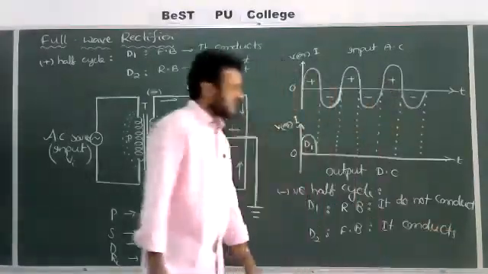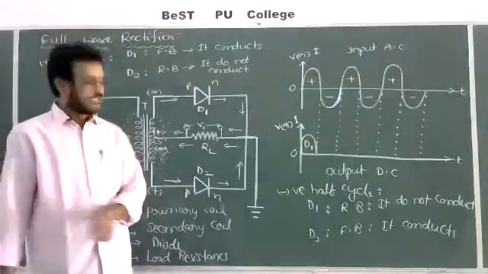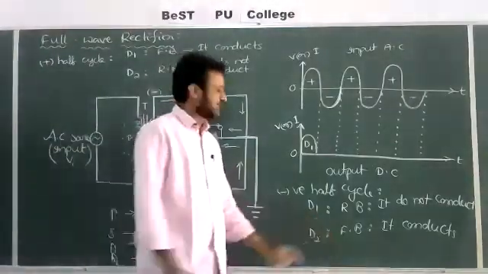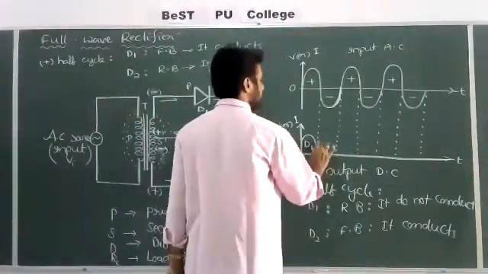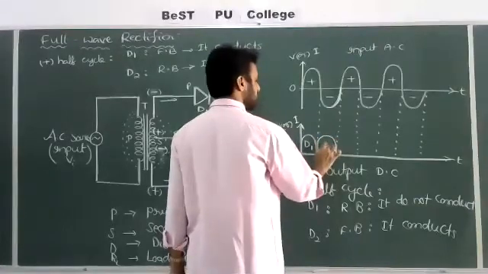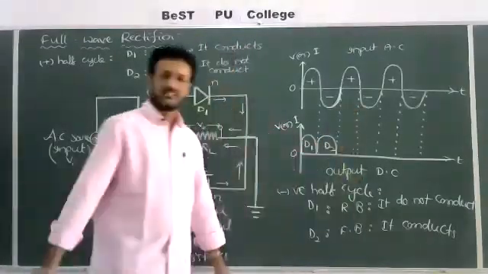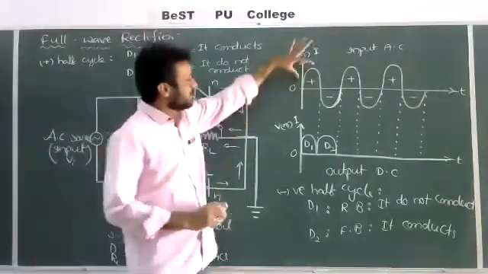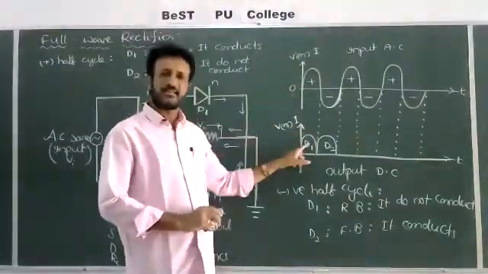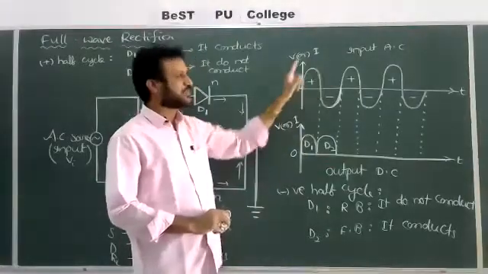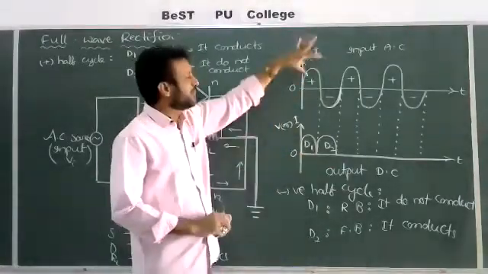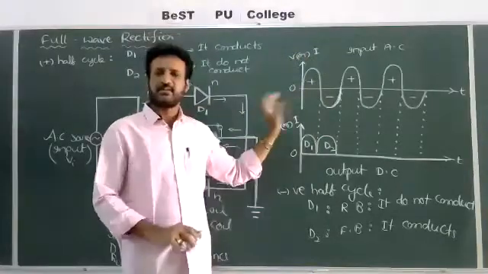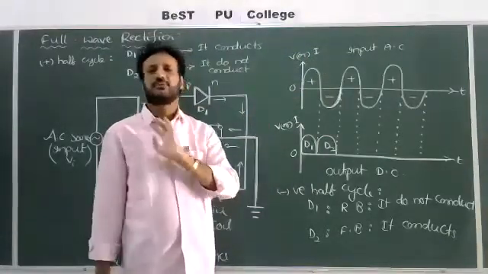Now check here. In the second half cycle also, the second diode is allowing the current. That's why we got the signal outside. So it is because of D2. Now check here. One full cycle, if you select, in case of the AC, the first half cycle is converted into DC. The second half cycle is also converted into DC. So the full AC cycle is converted into DC. Right? That's why it is called a full wave rectifier.